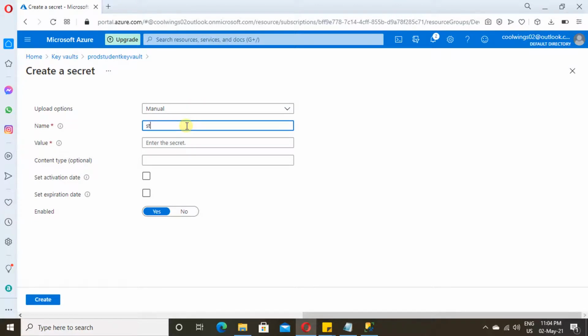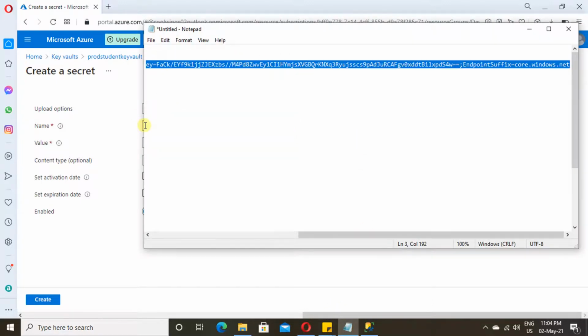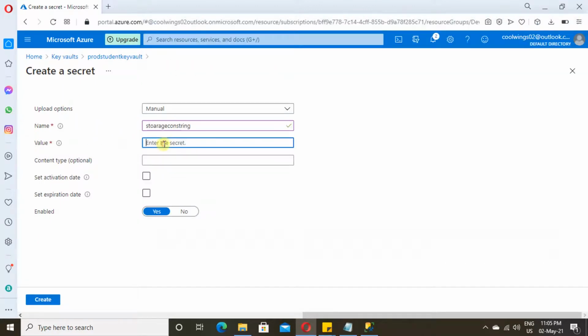With this secret name only we are going to access this connection string. So let me provide a name to it. Now I am going to copy and paste the connection string which we copied from the Azure storage account. This value only we are going to fetch at runtime.